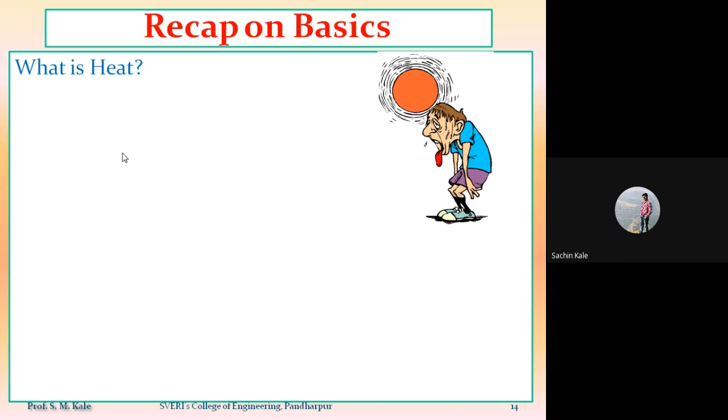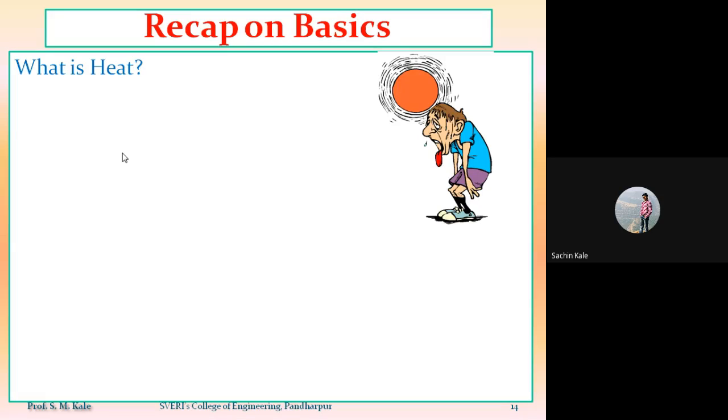Basically there are three forms of matter. First is the solid phase, second is the liquid phase, and third is the gaseous phase. So freezing means where we are converting liquid into solid. If you consider any liquid, that liquid will have two points. The first is called the freezing point temperature, the second is called the boiling point temperature. So if you absorb the heat from any particular liquid, the temperature of that liquid will go on decreasing.